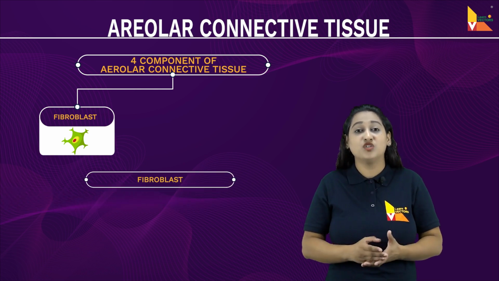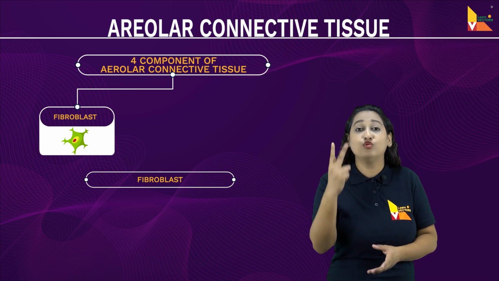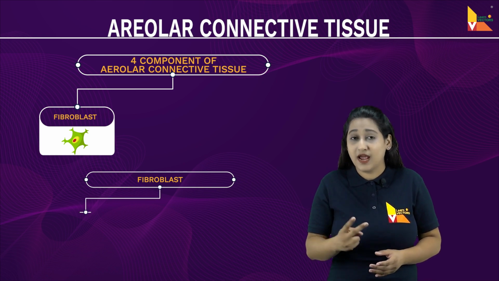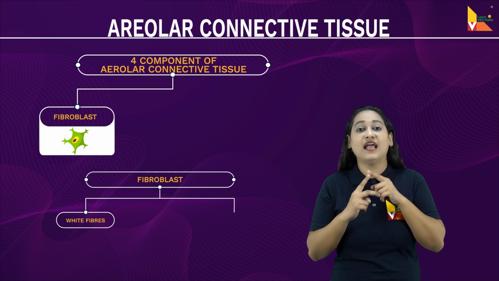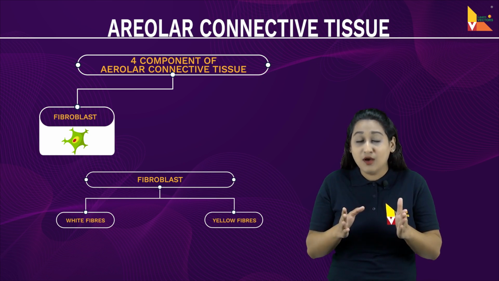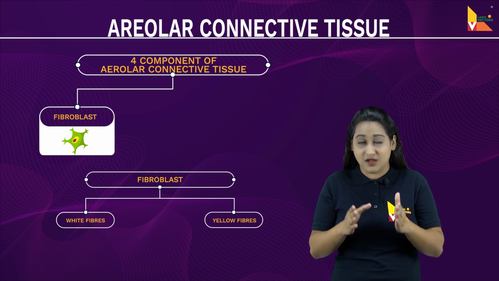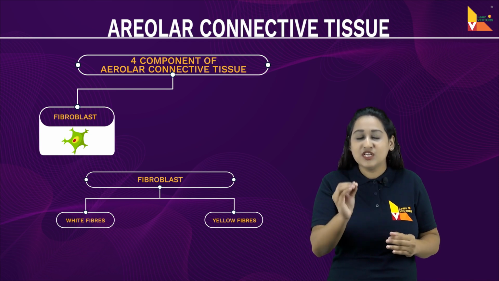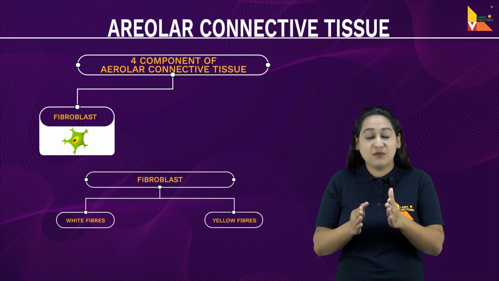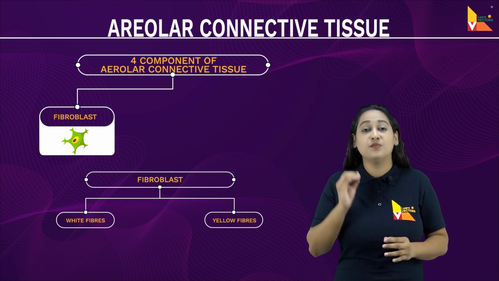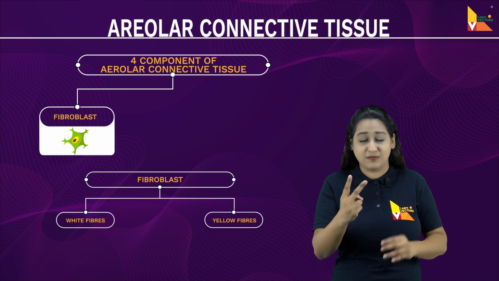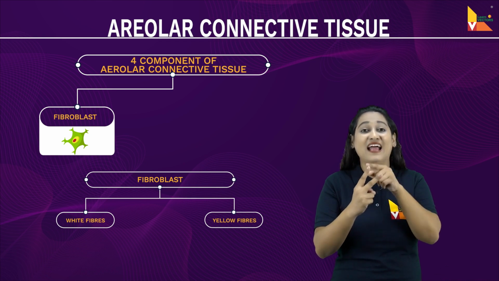Fibroblasts are responsible for the production of two types of fibers, white fiber and yellow fiber. You are going to study about this in detail, but for now, please remember that